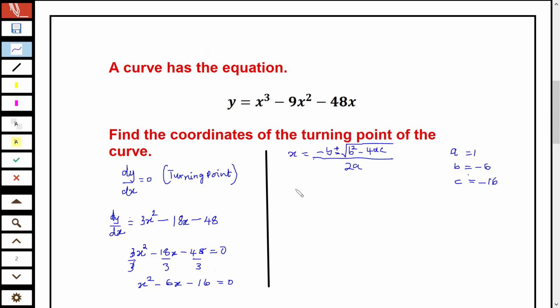So we have to calculate x by writing negative, in bracket, -6, plus or minus, and we've got the square root. b squared will be -6 squared, minus 4 times a, which is 1, then times c. c is -16,